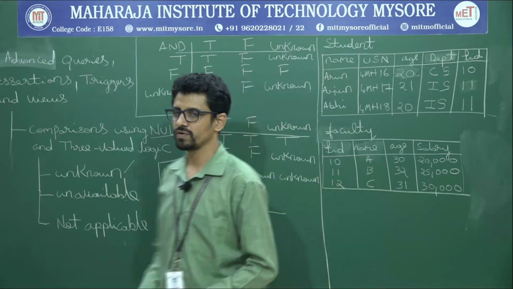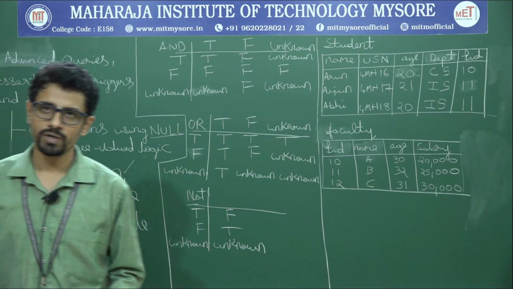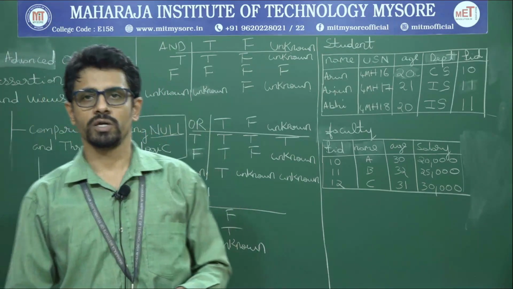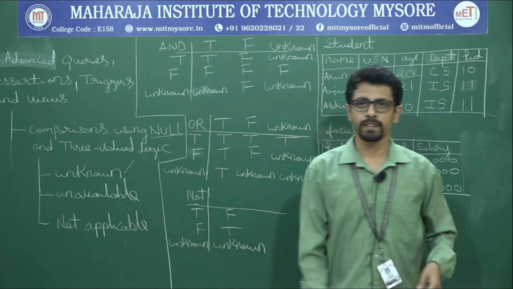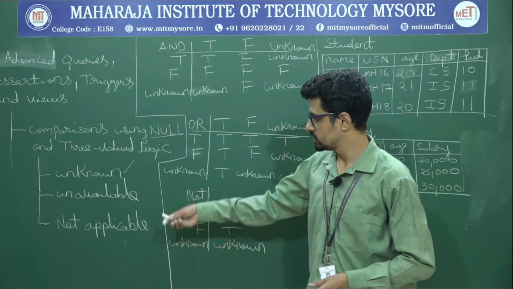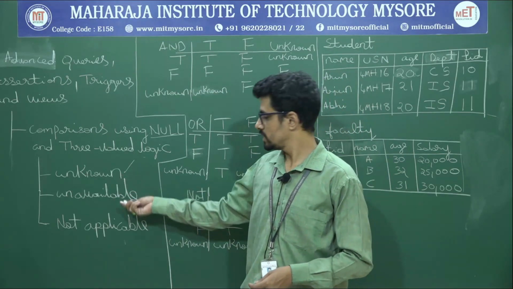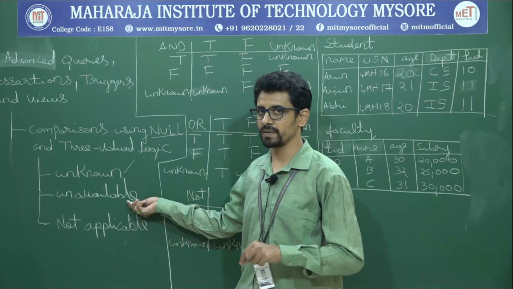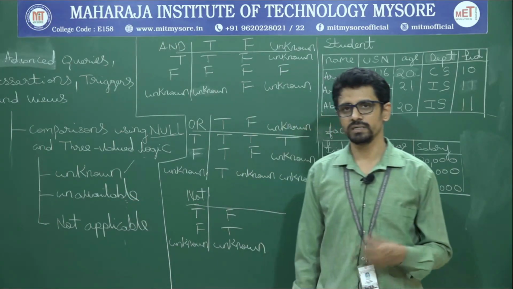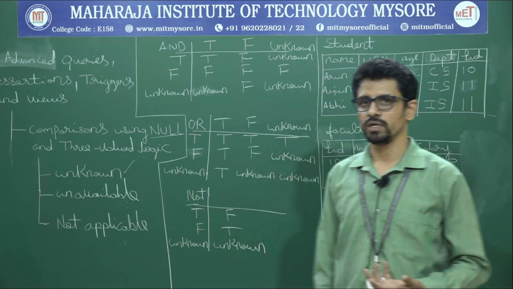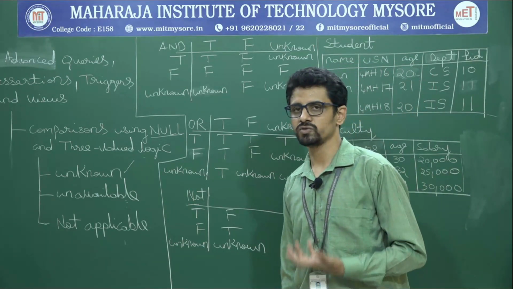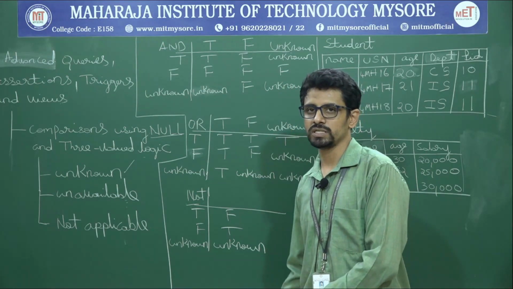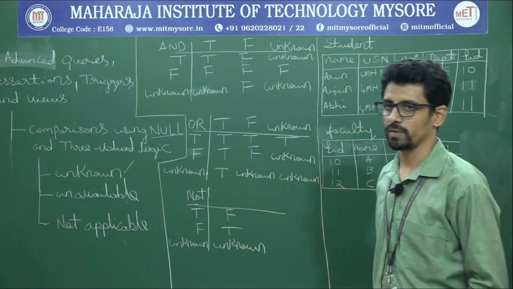So these are the three variants of null. First unknown, second unavailable, the third is not applicable. Okay, so I hope the examples are clear. In case of unknown, the telephone number. In case of unavailable, the age. You know that there is a value but it is not present, so unavailable. And not applicable is, for example, a degree for employees. Teaching and non-teaching staff can have different degrees. So some degrees might apply to some part of the employees, and some degrees may not apply to other employees. So that is what not applicable is.